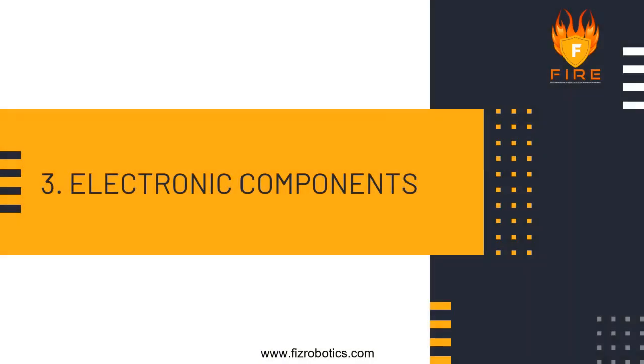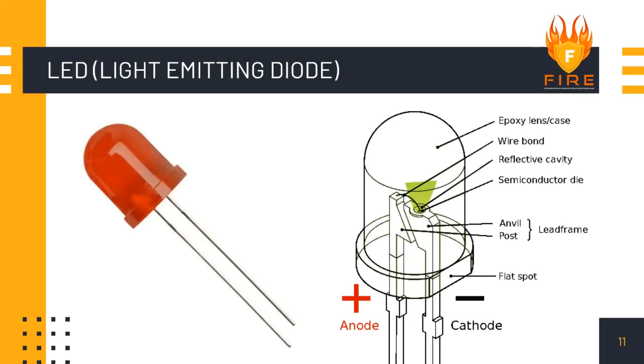Okay? Now let's study about electronic components. The first one is the light emitting diode, LED, what you call it in the market: LED bulbs or LED lights or simply LED. This is how an LED looks. And if you see the LED clearly, you'll see a plastic case at the top, and you see two wires coming from that plastic bottom, right?